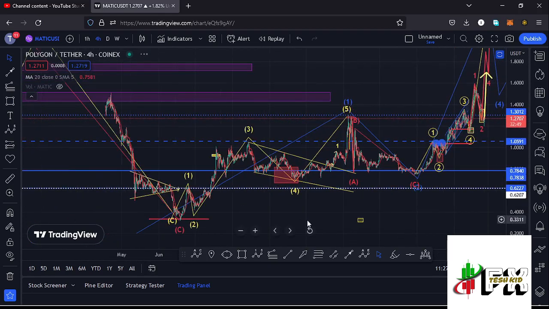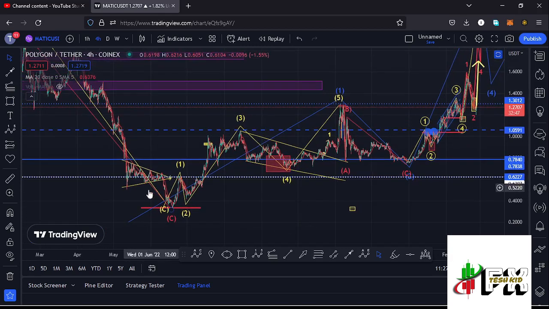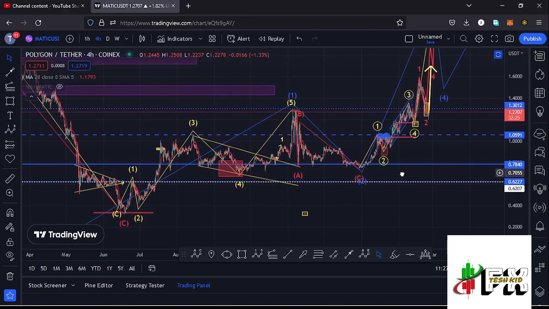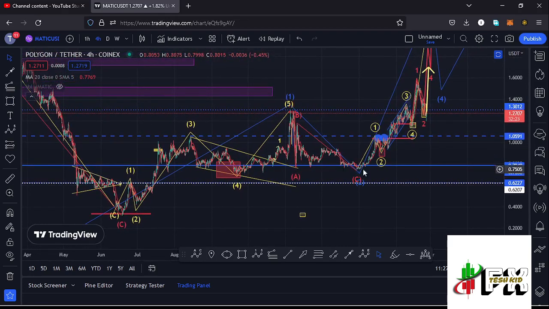And if I zoom out, you can see that after making our lower low at around the $0.32 mark in the bear market, we started this massive bounce to the upside, obeying the Elliott wave structures, where you can see that I have this Elliott wave structure in yellow, giving us a peak at around the $1.3 mark, and also completing a larger Elliott wave count 1 to the upside, and after seeing the high for that wave 1, we started a corrective structure in the formation of a larger Elliott wave count 2 in a move that gave us a low at around the $0.74 mark,